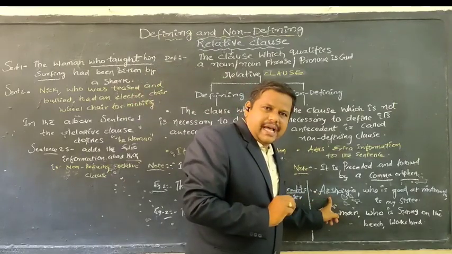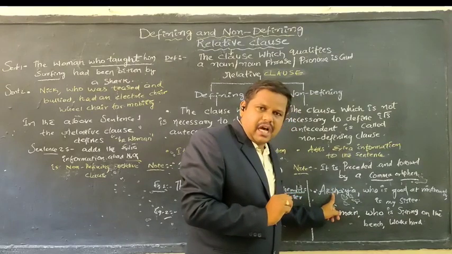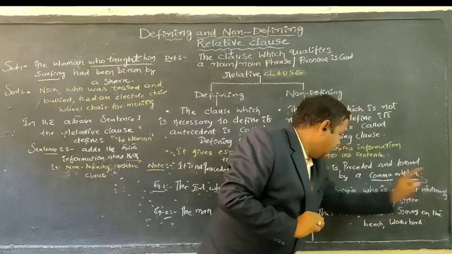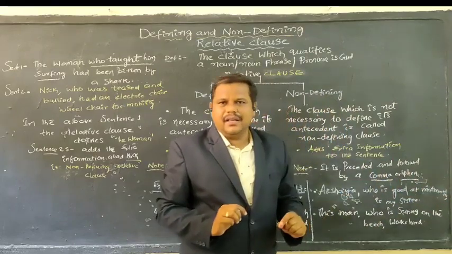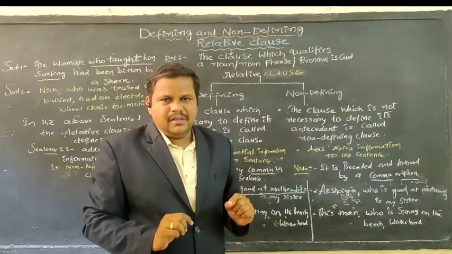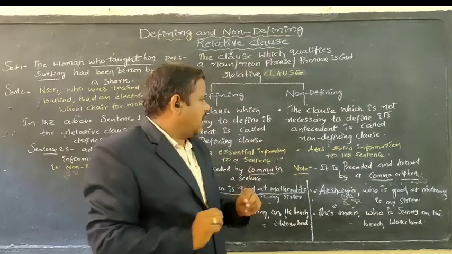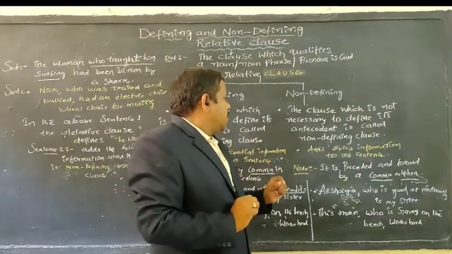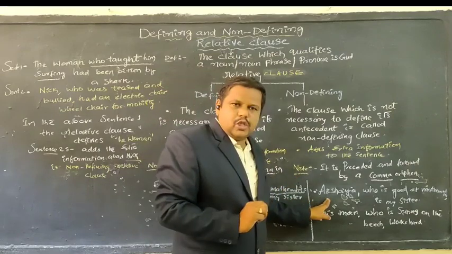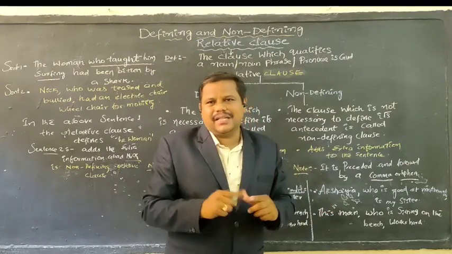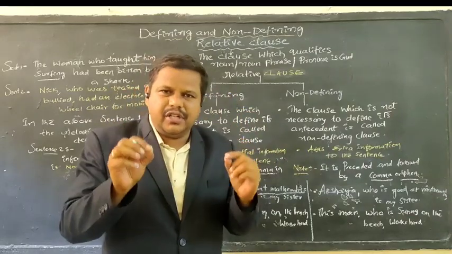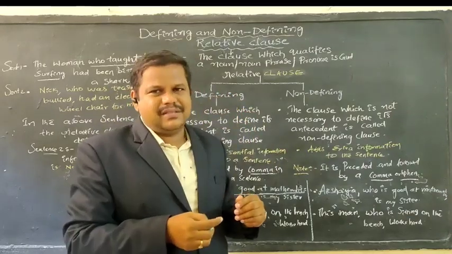Now, what is the non-defining relative clause? See, I am using directly the name, that is a proper noun: Akshaya, who is good at mathematics, is my sister. Rule number one, it is not defined with an antecedent. Point number two, this particular sentence clearly shows a proper noun. We are going to have a proper noun in the sentence.